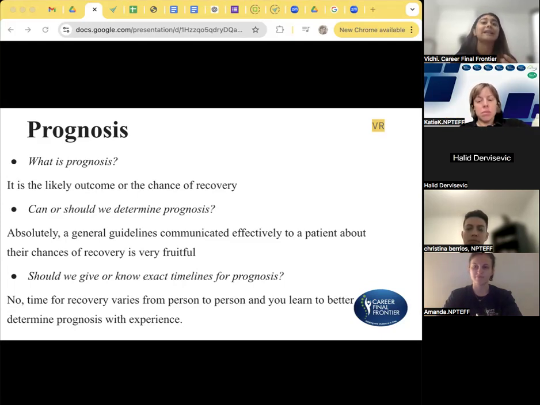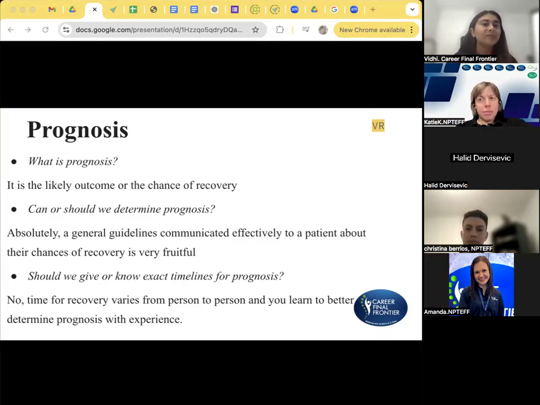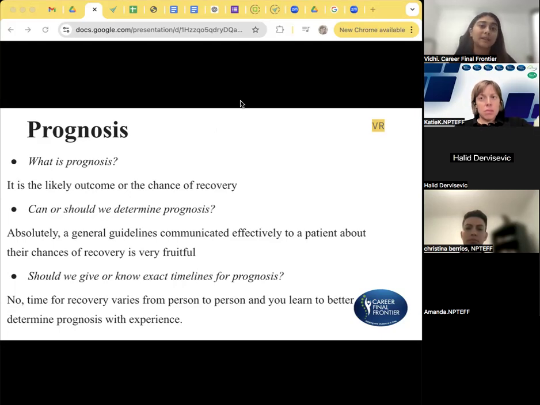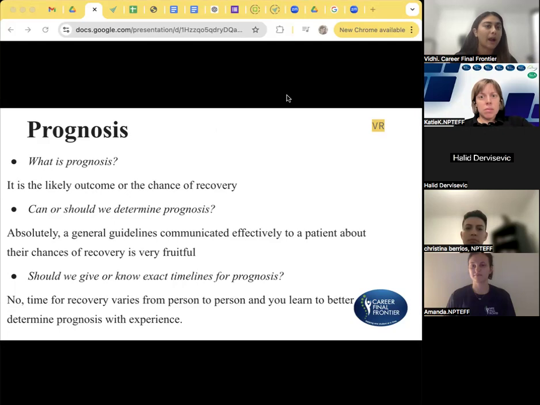Give a more generalized explanation, educating your patient about what their specific diagnosis looks like on evaluation, and what can be done and achieved week by week, or 2 weeks by 2 weeks. I think that's a better way to go about it, because again, injuries are different from person to person, and everybody heals differently. So it's a likely outcome of recovery, but you want to confidently explain to them, with patient education and with their ability to participate in their own care, how fast or how likely they are to get better.